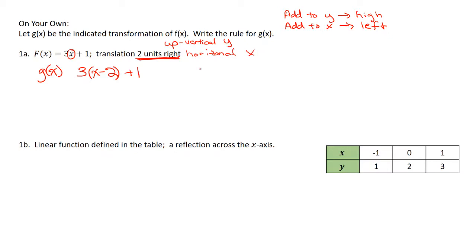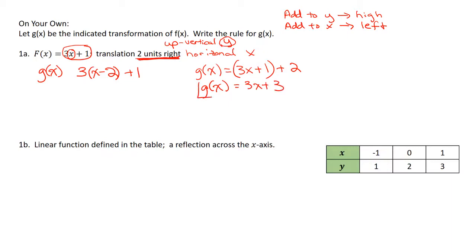So our new one would have been g of x. Okay, so we're having to add 2 to the y now. So our y is actually this whole piece right here, 3x plus 1. And we have to add 2 to get it to go up. So that is what our new formula, our new rule would be, and we would rewrite it equals 3x plus